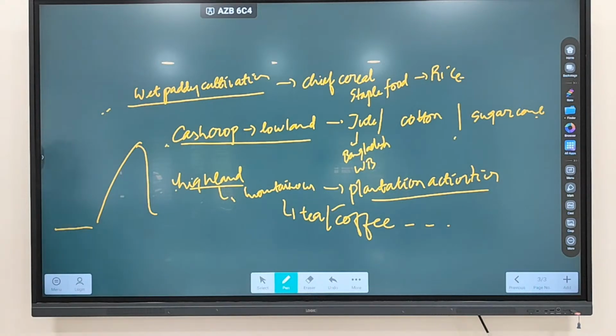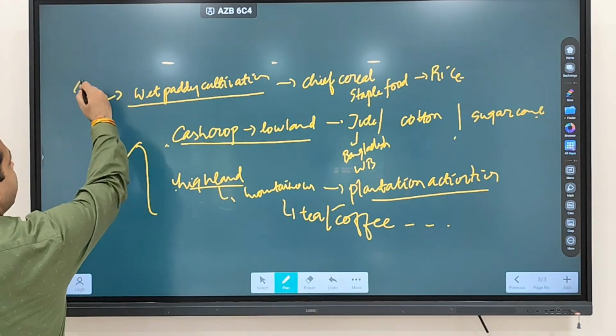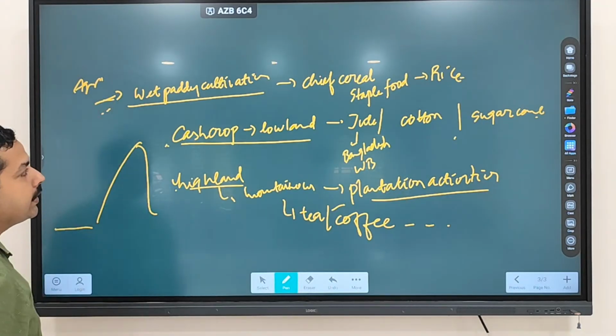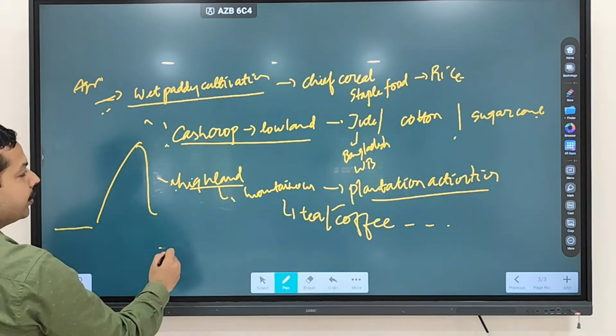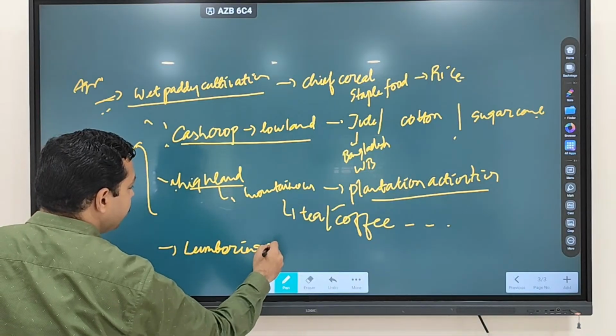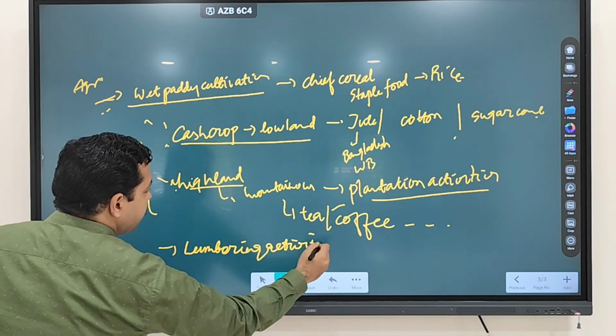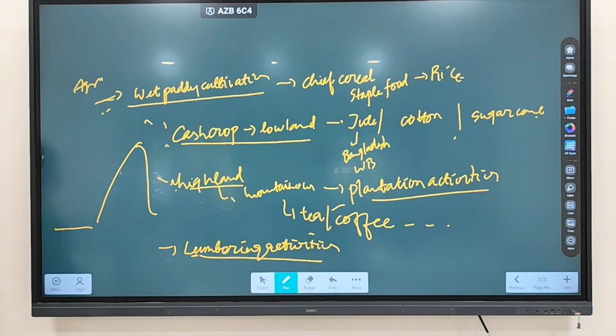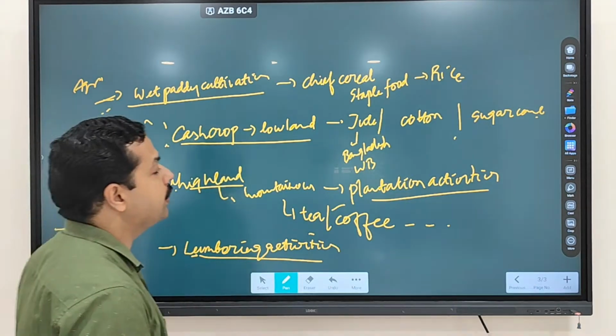Another thing we discussed is which type of activity is dominating. Either you are going for agriculture, paddy cultivation, cash crops, plantation crops, and you are also going for which type of activities? Lumbering activities. Lumbering activities are also dominating in this particular region. Clear? Especially where the forests are more,